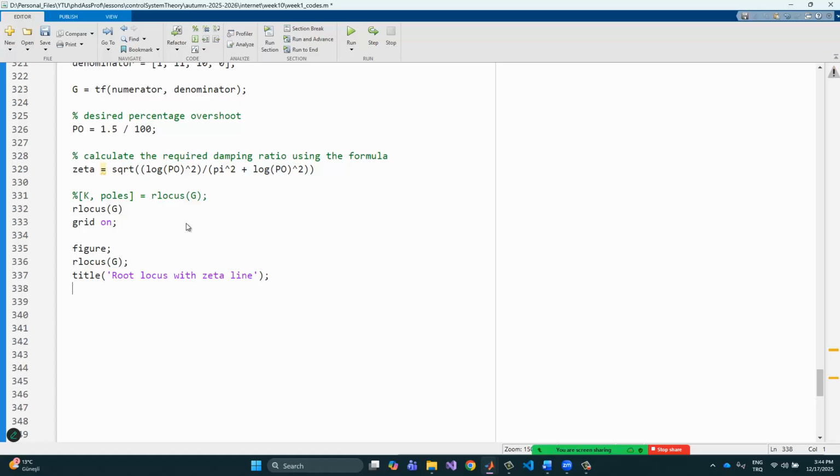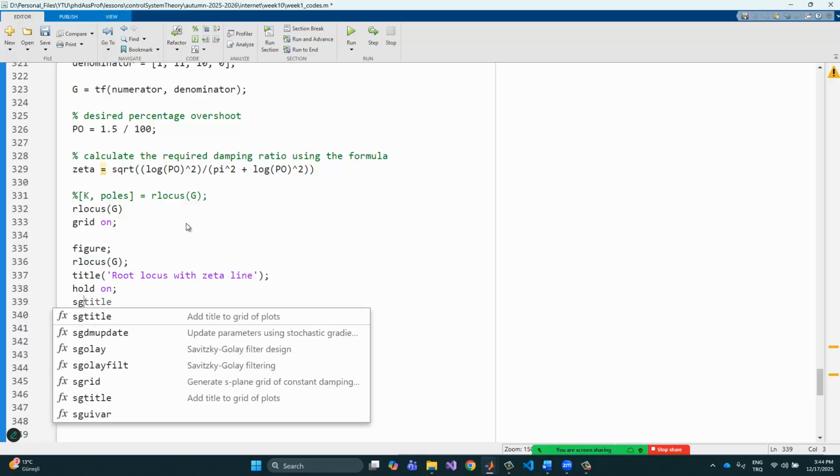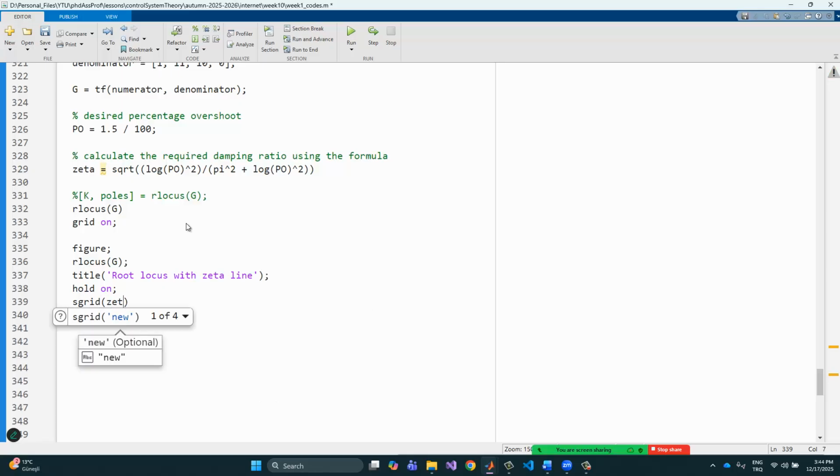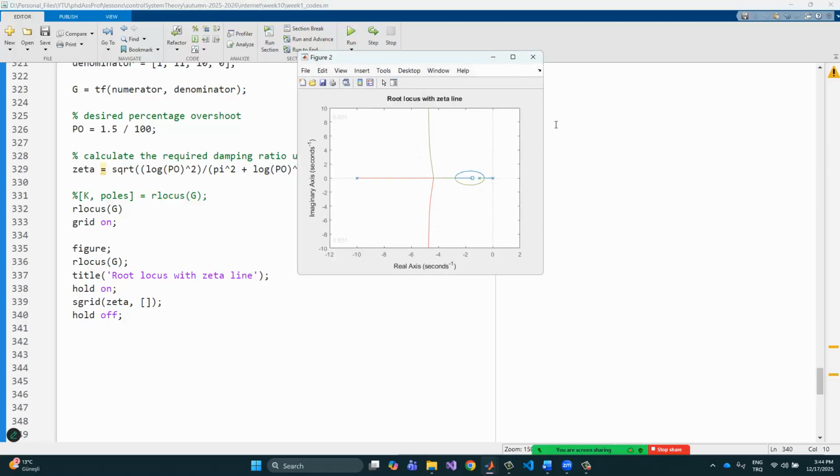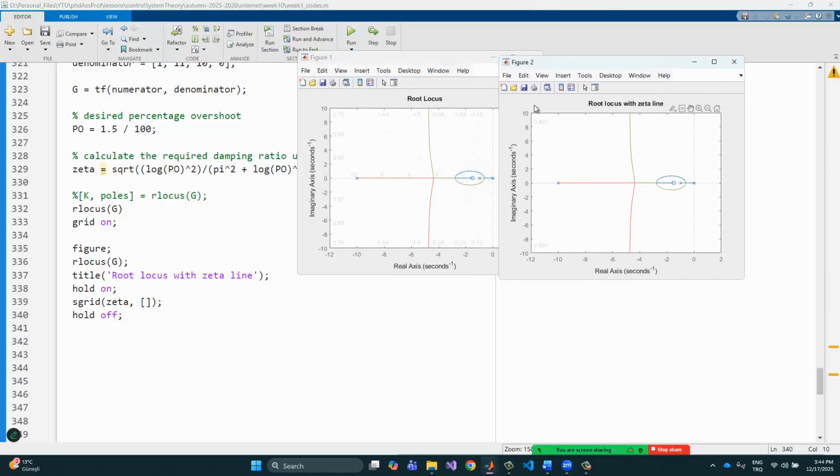Okay, and we should give the hold on in here, and also sgrid function can be utilized in here, zeta and this one. Okay, so after that the hold off can be written in here. If I rerun this code, and so this root locus plot has the what? This one. Okay, this is the zeta line in here,